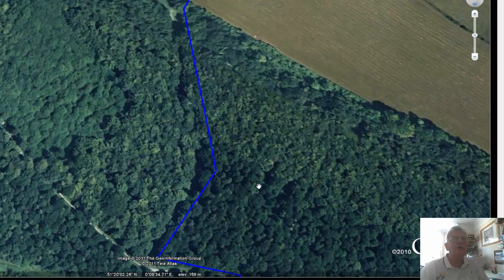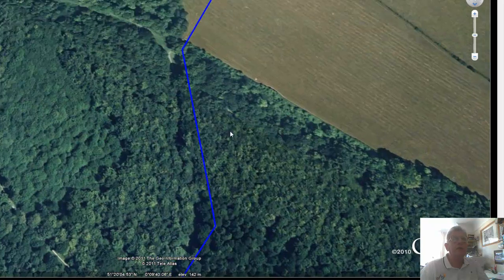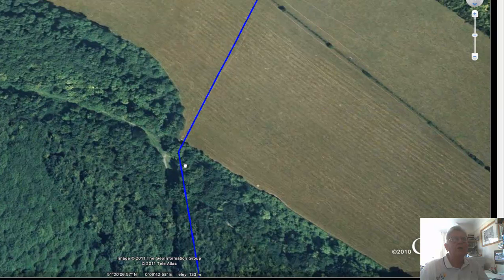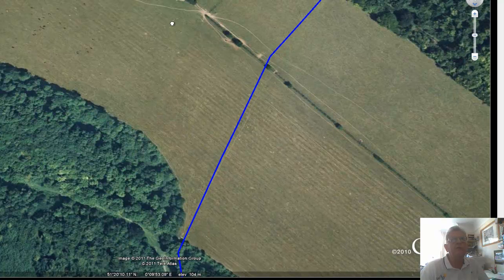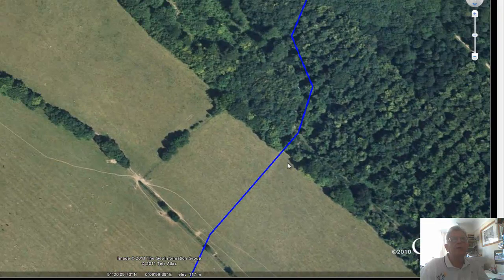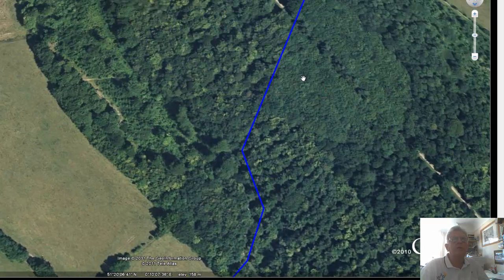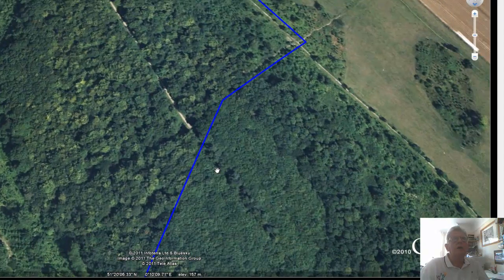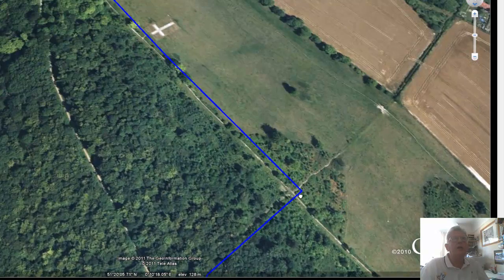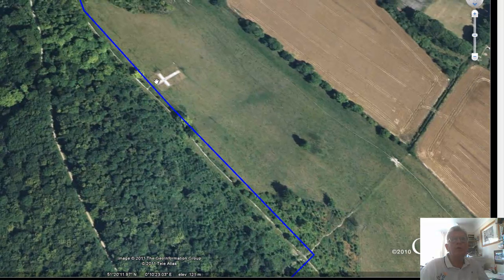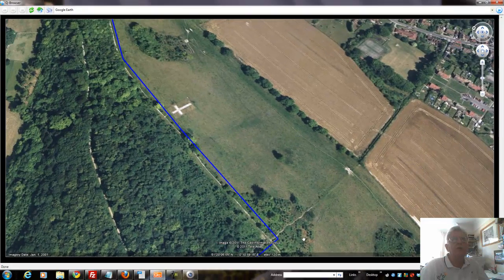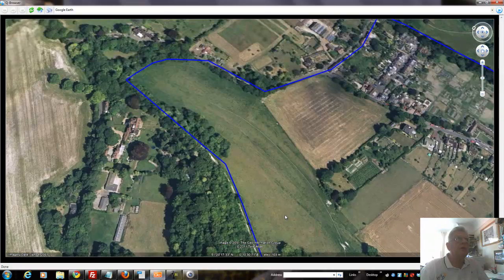You can see us going down through this gap in the trees and out here through the wood, and you can see the path actually on the ground, and actually the stile is there. Across that field, up into the woods, up on this track till we get to here. Something I forgot to mention, we're going to go right past the White Cross. The short people are just going to go down there, but we long ones are going to go along here,